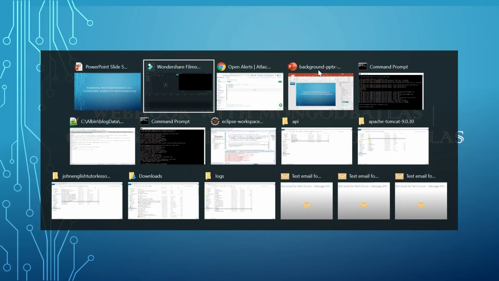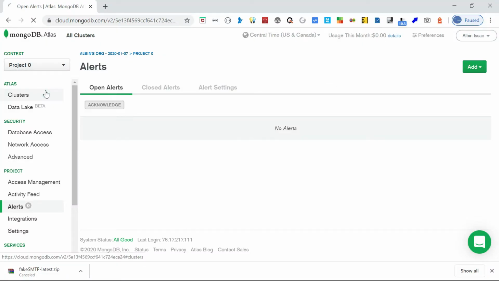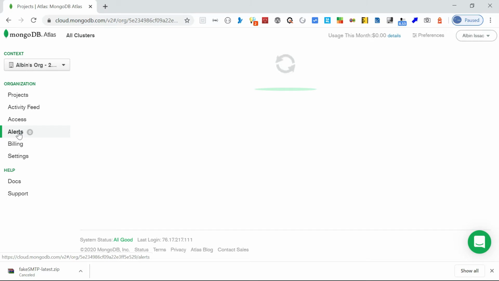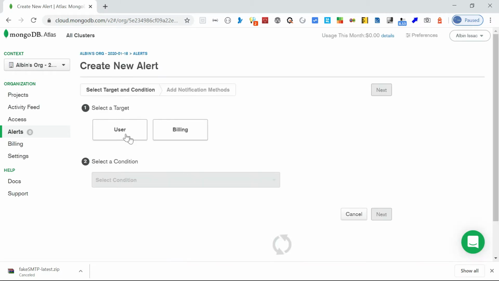Let me show that. If you go into a particular organization, you select the organization. If you go into alerts, you can add an alert. Here you can select a target, user or billing.